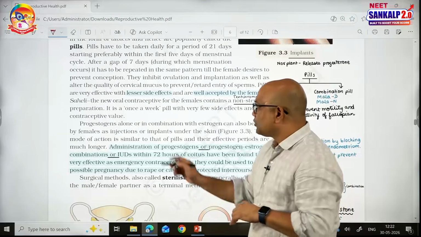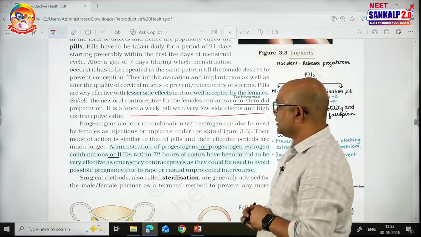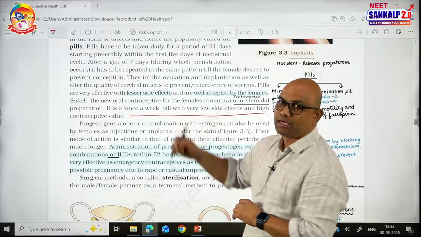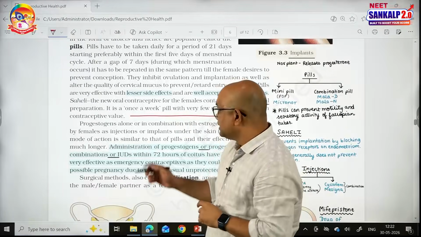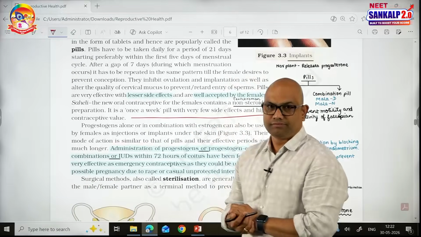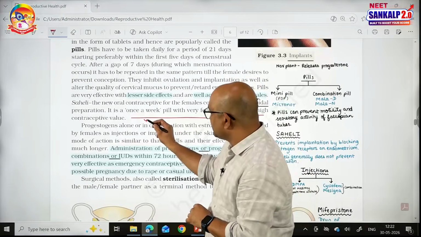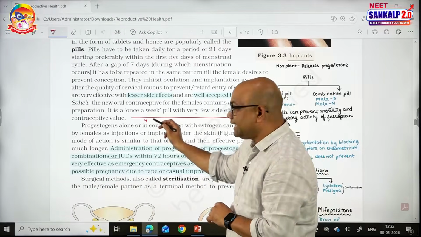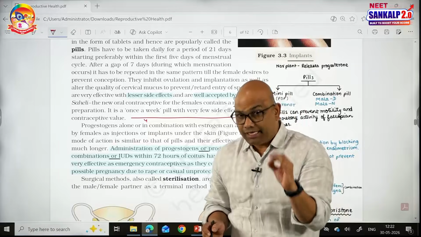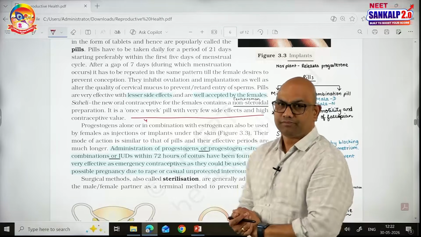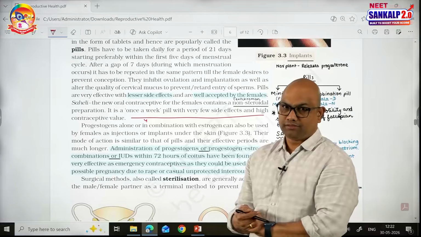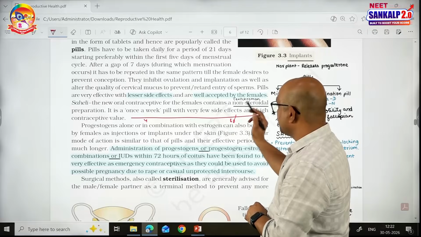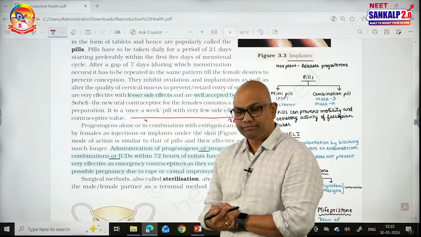In the 28 or 29 day menstrual cycle, the first 3 to 5 days is the menstruation phase. A female starts taking these pills, one daily, within the first 5 days. So suppose she has started taking pills on the 4th day, and since that day she has to take one pill daily continuously for 21 days. Around the 4th means until the 25th day she has to take the pills continuously.